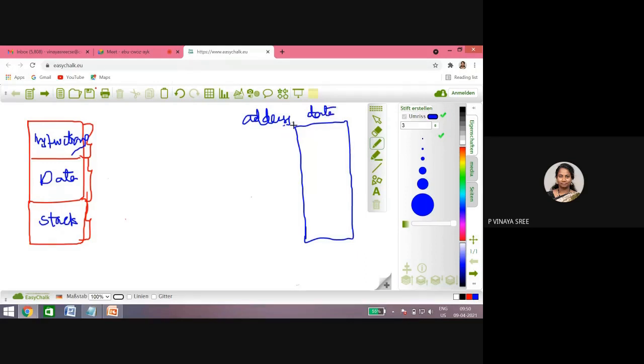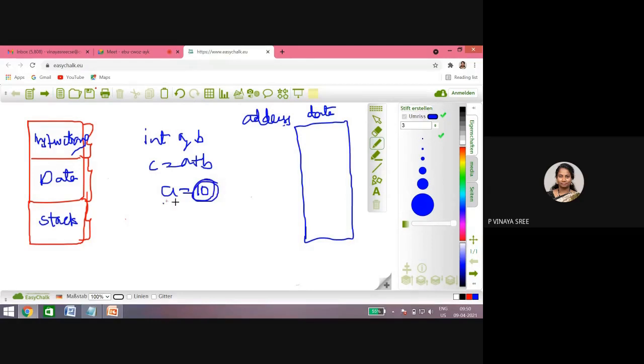Based on the address, you must know the difference between an instruction and data. An instruction is like int a, b. c equals b plus c is an instruction, and a equals 10 is also an instruction, but this is the data.